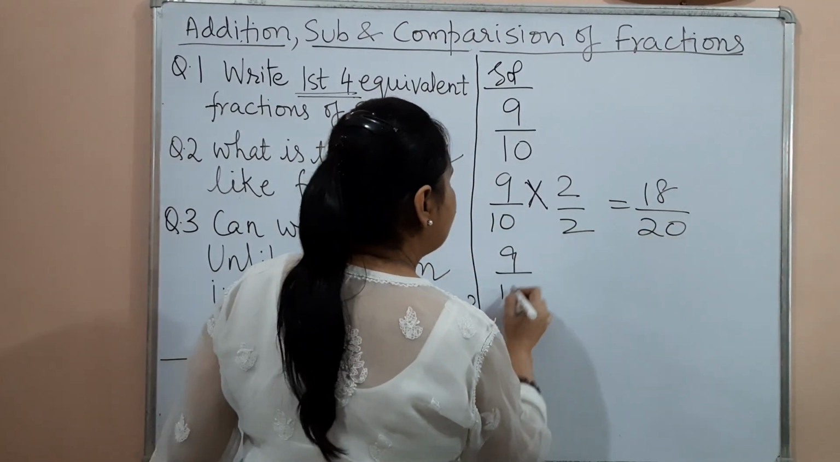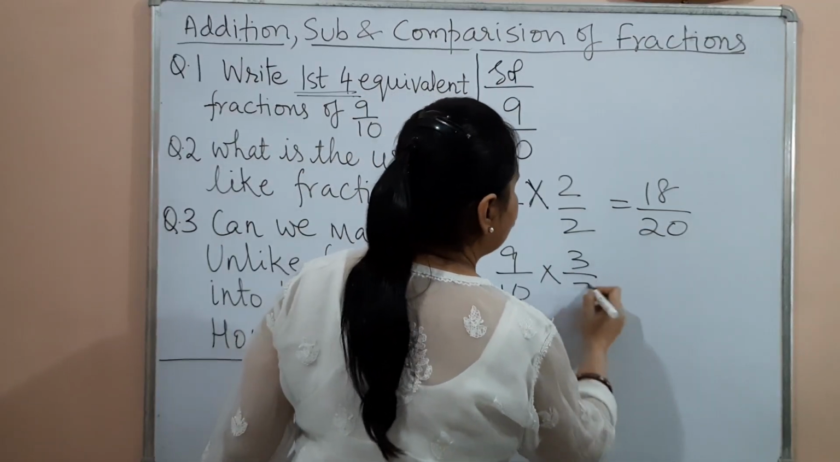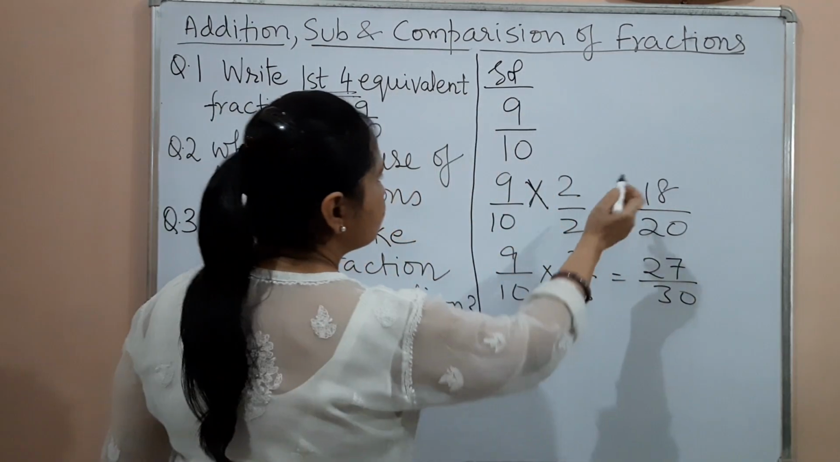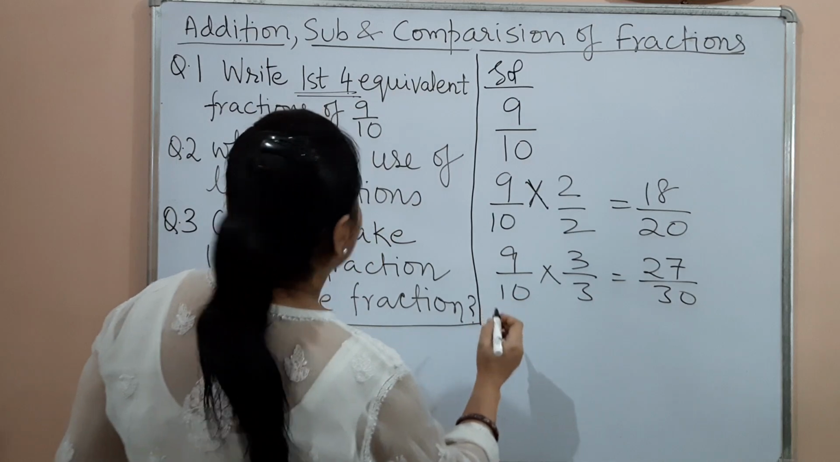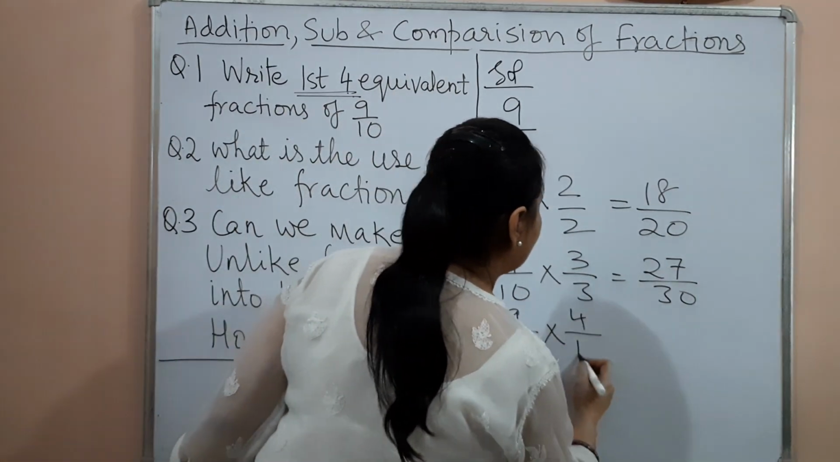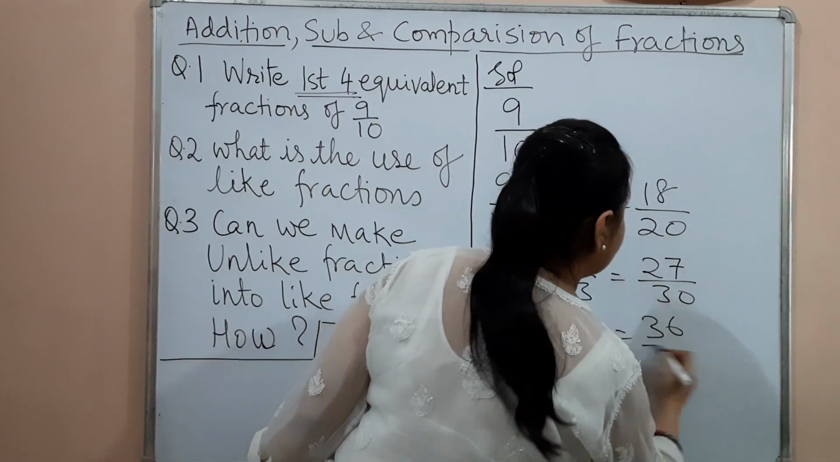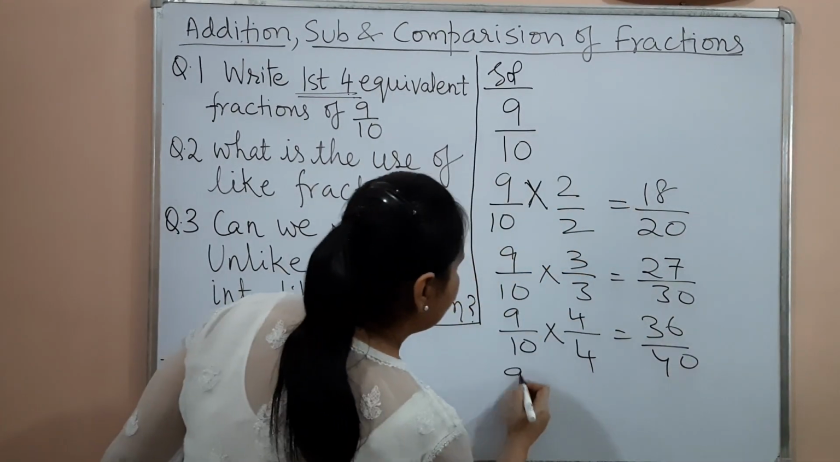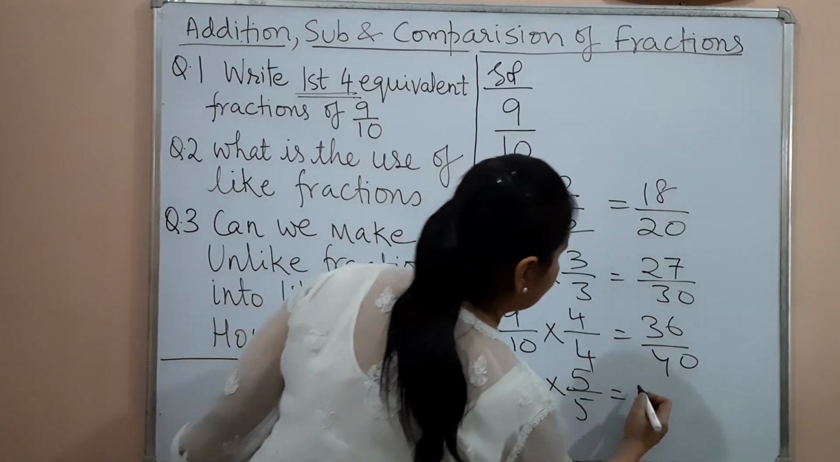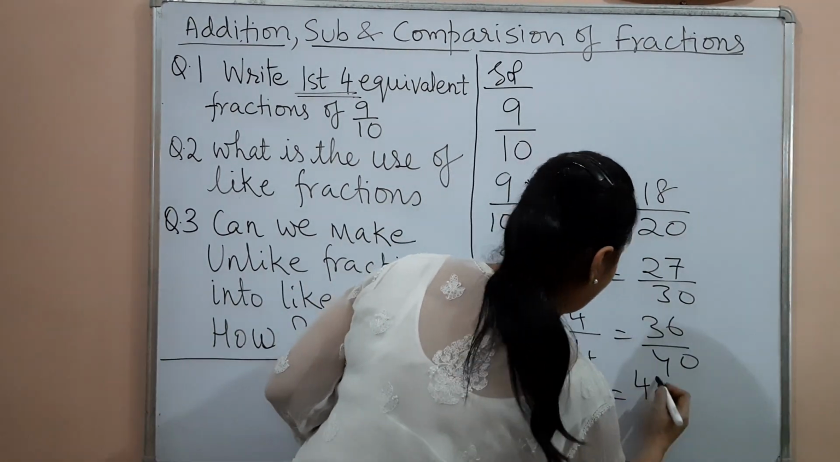If I multiply 9 by 10 by 3 by 3, 9 3s are 27 upon 30. So this is the first one. Second one, we wanted 4: 9 upon 10 multiplied by 4 upon 4, 9 4s are 36 upon 40. Now in the same way, 9 upon 10 multiplied by 5 upon 5 is equal to 45 upon